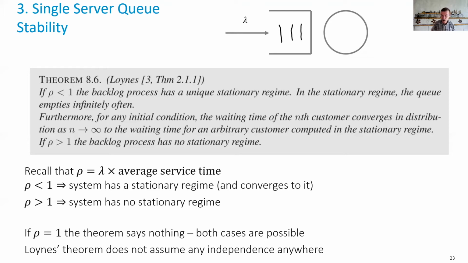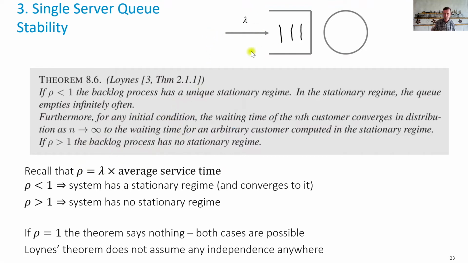And under very general conditions, we have a theorem called Loynes's theorem that appears to be trivial, but is a very useful theorem that essentially gives when such a queuing system has a stable regime, when it has a stationary regime. And not surprisingly, it is when the utilization factor, rho, is less than 1. Recall that rho is the arrival rate times the average service time. So here I should say a few things. The average rate